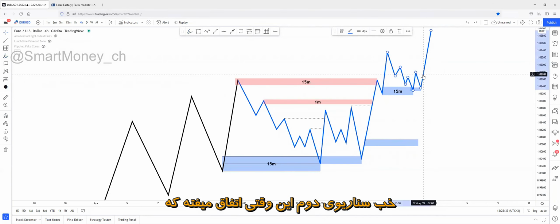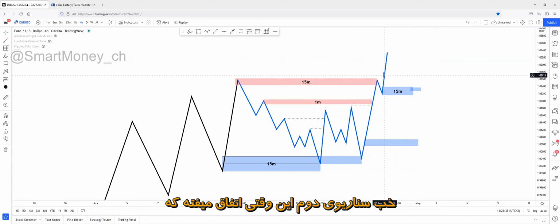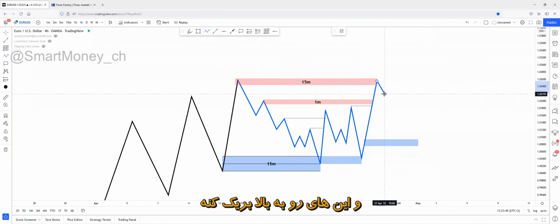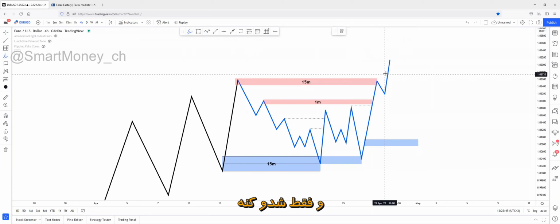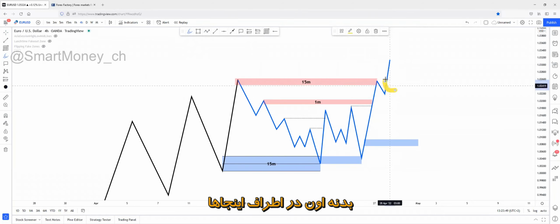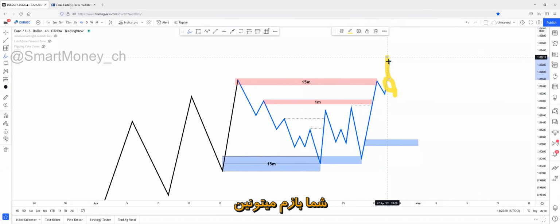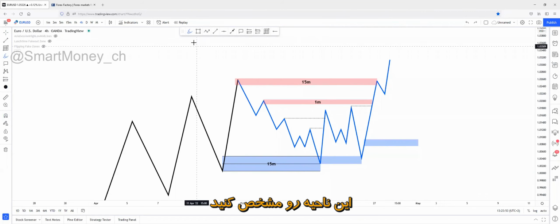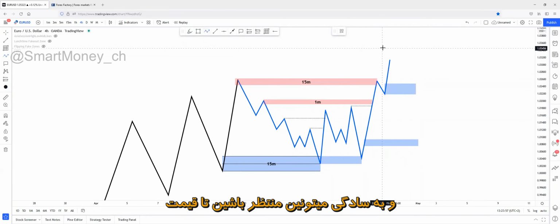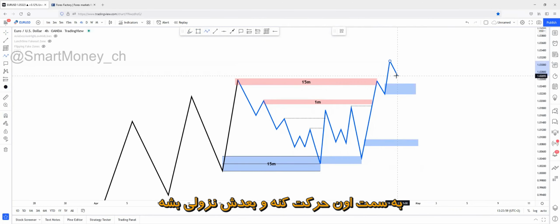So the second scenario of this happens. Price creates another flip zone, reverses here, and breaks above this high point. If this break doesn't happen with the body closure, and it only happens with a wick, so this candle right here is just a wick, and the body of this candle has closed somewhere around here, so it just wicks above, then you can still mark the zone out. You can still mark a 15-minute zone out right here in this case, and you can just simply wait for a continuation to the downside.